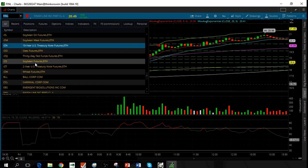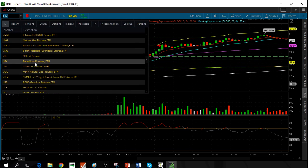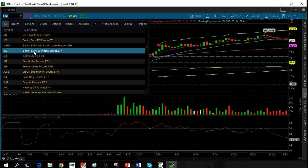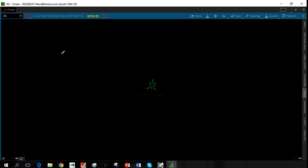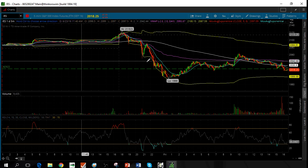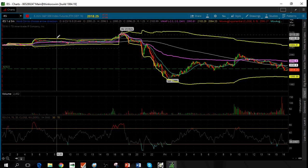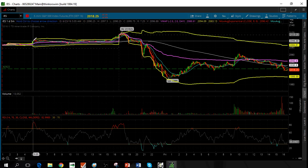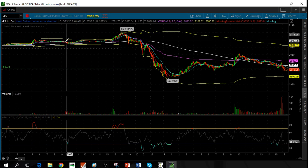When I tell you, I look at the E-mini futures and look at what it did overnight. It's the E-mini S&P 500 index futures. And what I'm looking for is what it did the night before. What did it do the night before? And when I went short on Thursday,